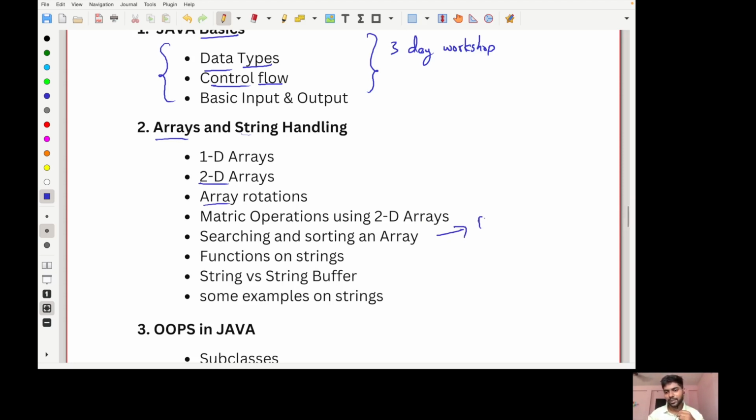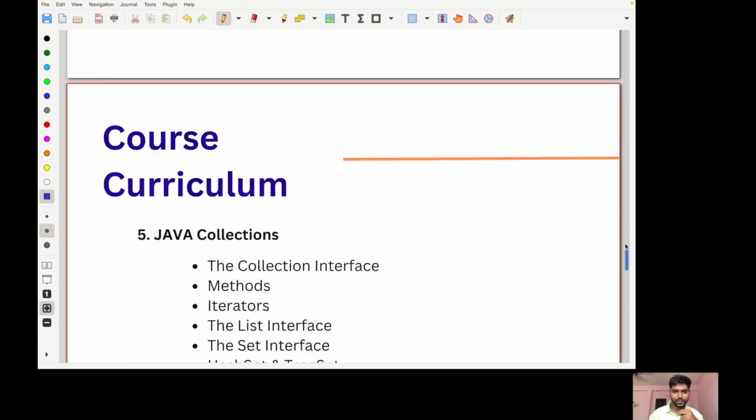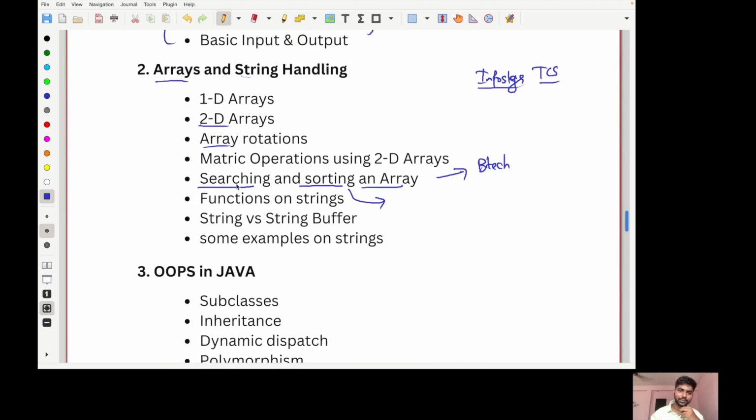BTech course there will be labs now. In those labs there will definitely be some questions related to searching and sorting in an array. These are the basic topics many companies, like Infosys and TCS, will ask, to see how efficient you are. There are many sorting techniques, and I'll cover them in the latter part of the course. I will introduce you to the searching and sorting techniques in an array.